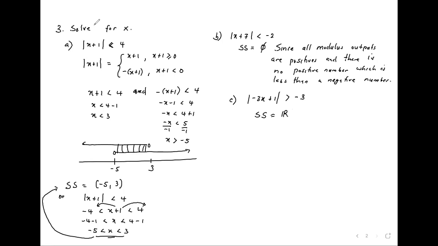So it's true that the modulus will be bigger than negative 3 for any value of x you put in the modulus. Then D,